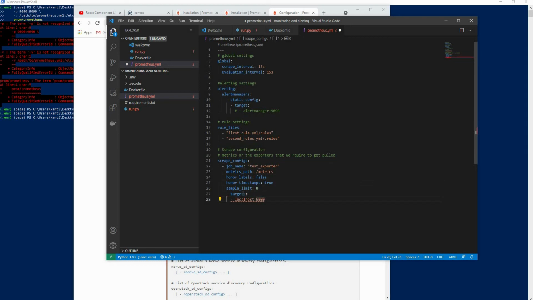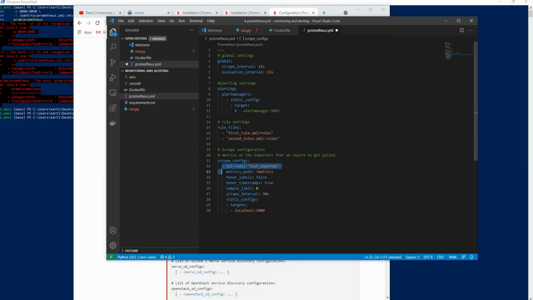Yeah, there it is. Why do I see an error here? Okay, so this comes under static config. Yeah, and under static config, you see targets, right? Great. Let me give one more thing. Let me give it a scrape interval. So globally we have given the scrape interval as 15 seconds. Let me give it 30 seconds so it will override those settings.